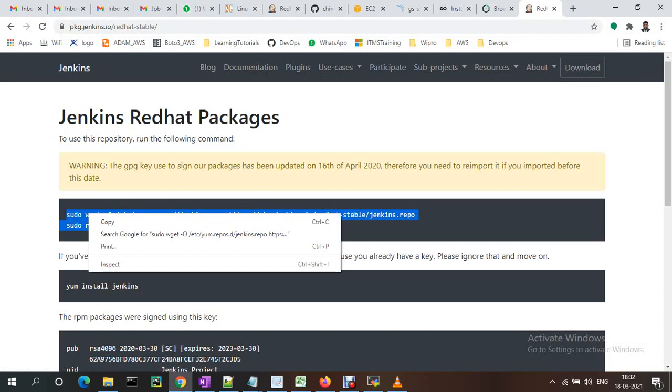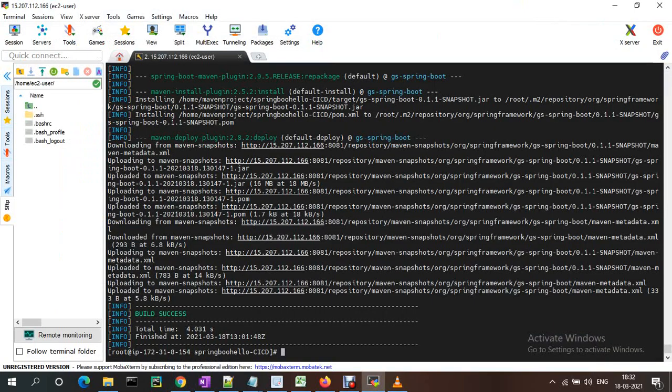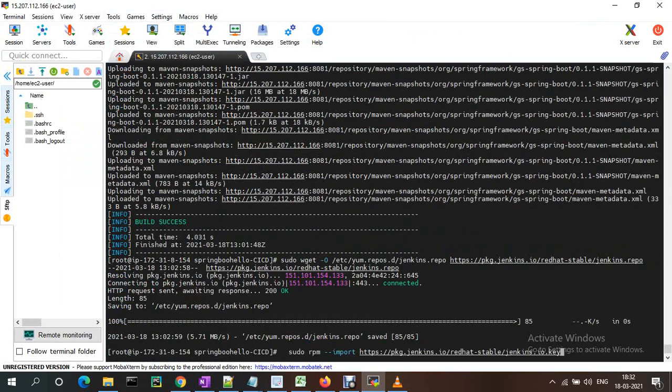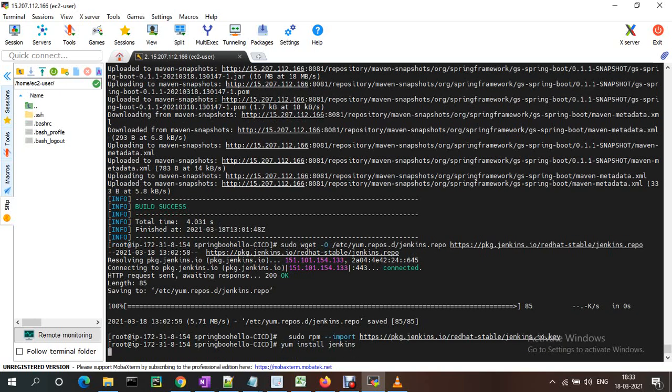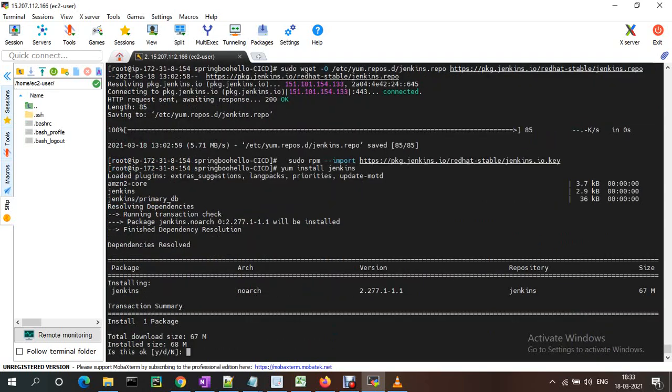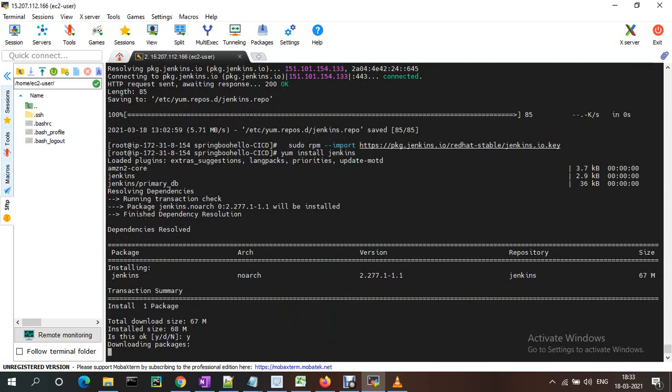So let me quickly install Jenkins on this machine. yum install jenkins. Jenkins is running on port 8080.